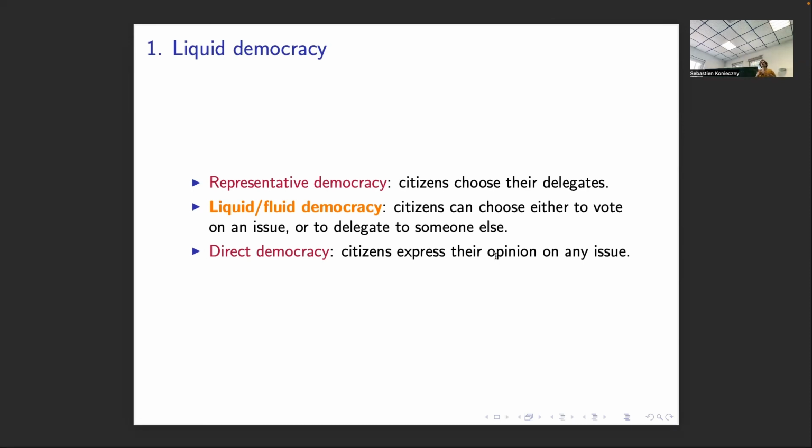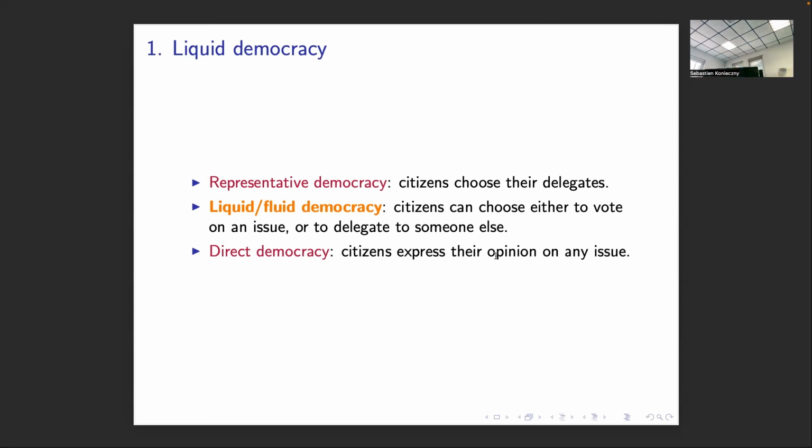Okay, so typically, what is the word that is typically associated with direct democracy? Referendum. Okay. But this is not the only possibility, of course, but this is the best known. Liquid democracy or fluid democracy, so there could be a difference, but I'm not sure of the difference. Maybe the same thing. Okay, so it's something that is in between direct and representative democracy.